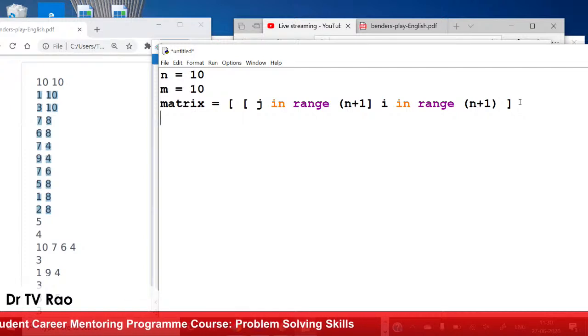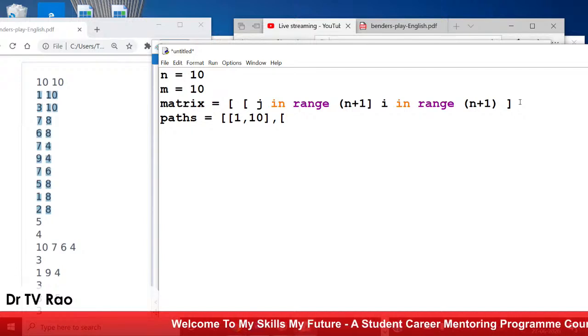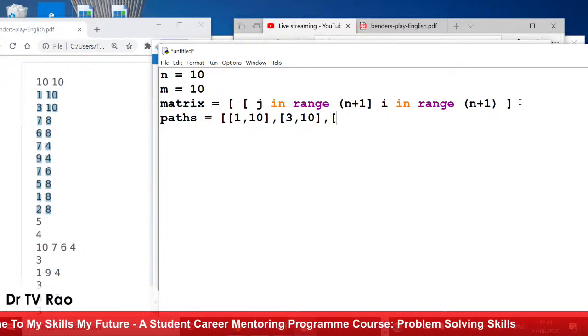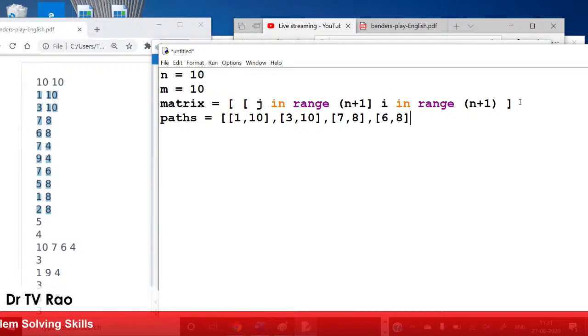Now, read the paths. Let us call them paths. So first path from 1 to 10. Second path from 3 to 10. Third path from 7 to 8. Next path from 6 to 8, followed by 7 to 4,